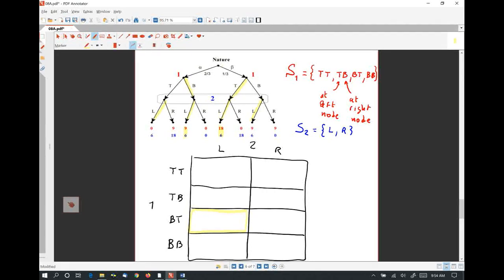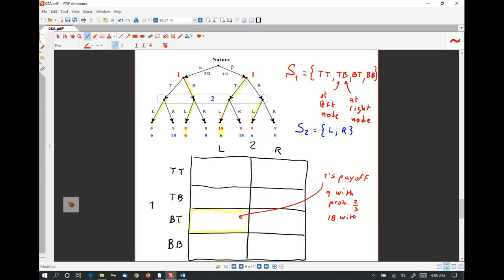So player 1's payoff in that cell is 9 with probability 2/3 and 18